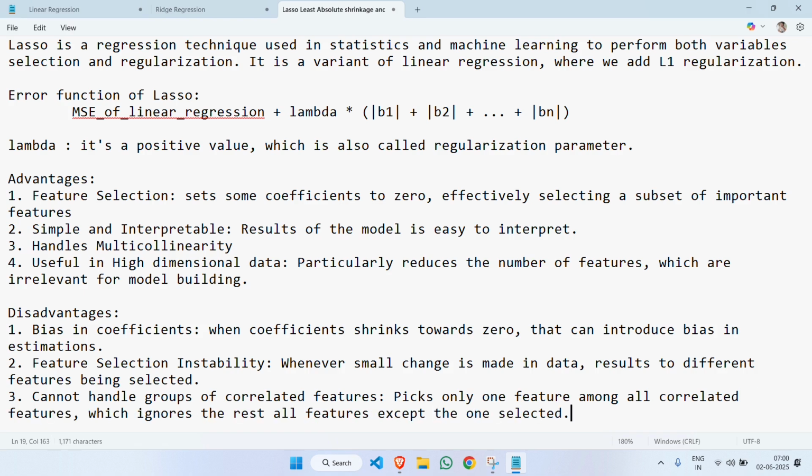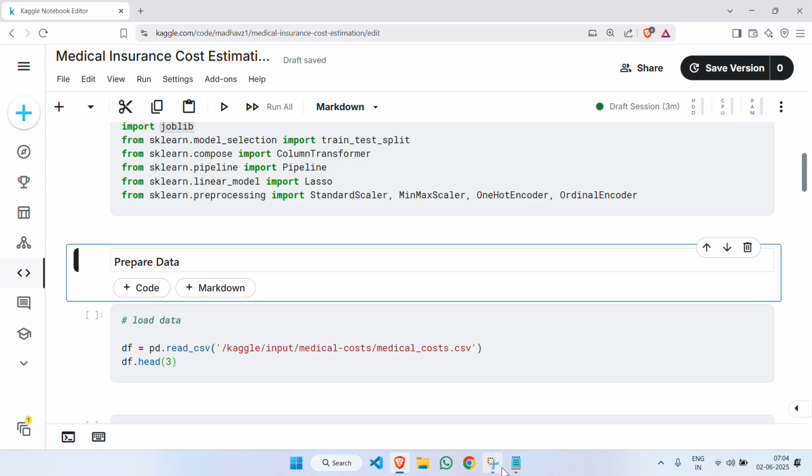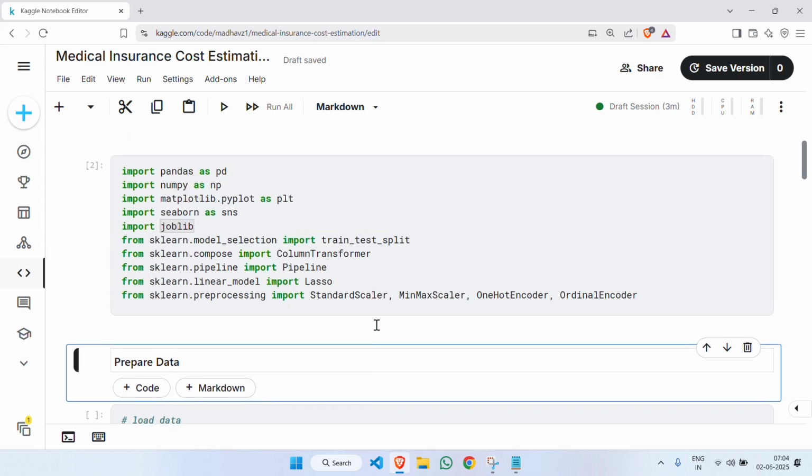This is what the lasso regression is, where we will have L1 regularization, that is called lasso regression. It's very simple. And now let's move to the Kaggle notebook, where we will implement the model, and we will also implement health insurance cost by the medical